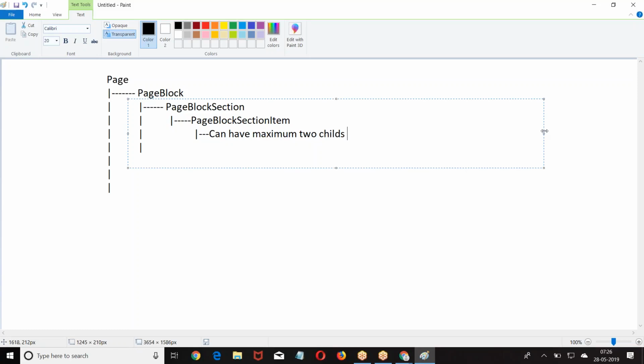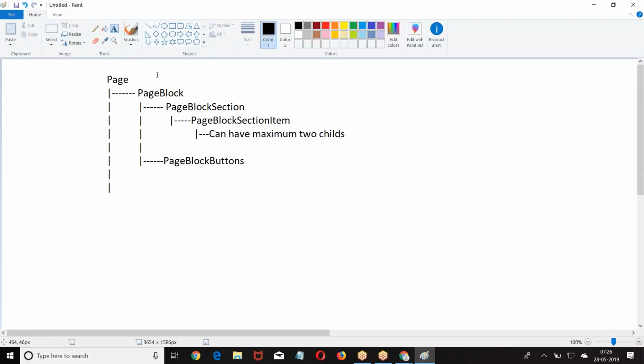In the page block we had a page block section. So in the page we have page block. In the page block we have page block section. In the page block section we have page block section item. Then within that we can have maximum 2 child elements.